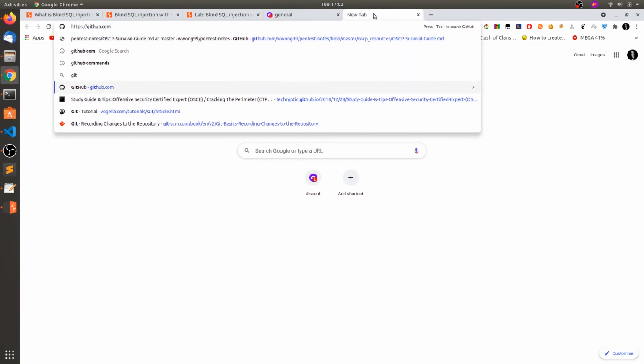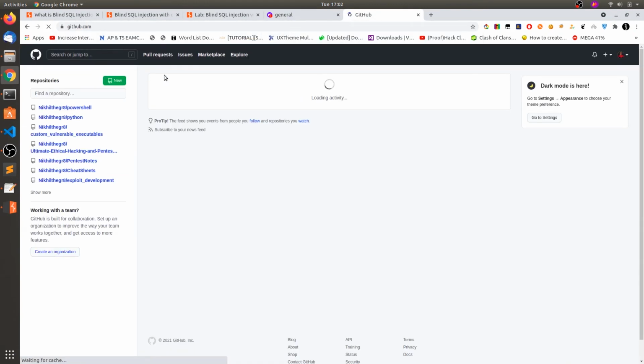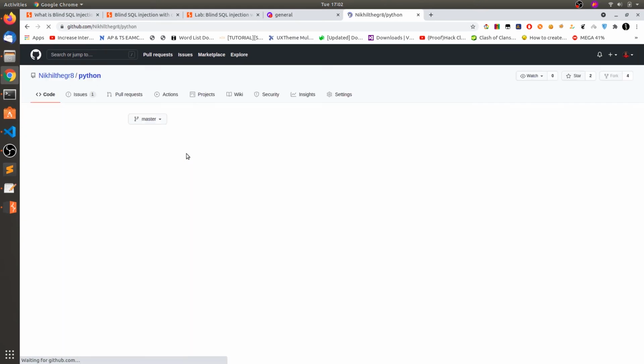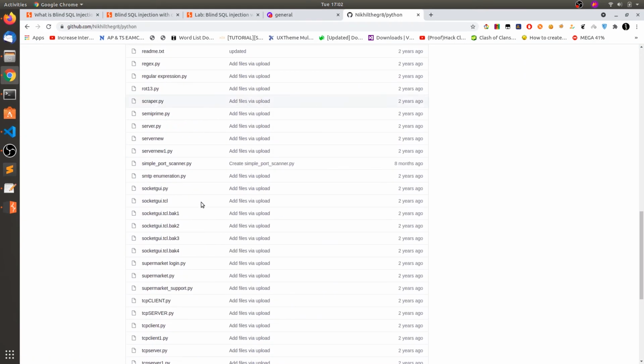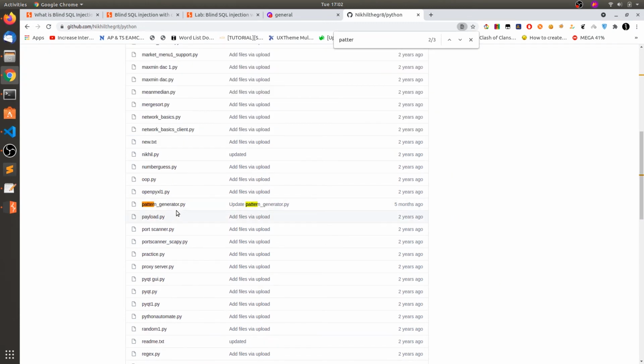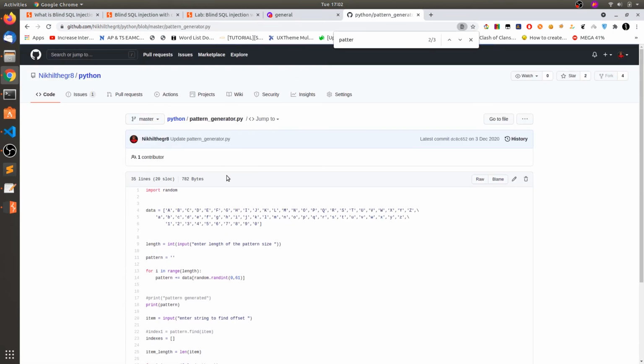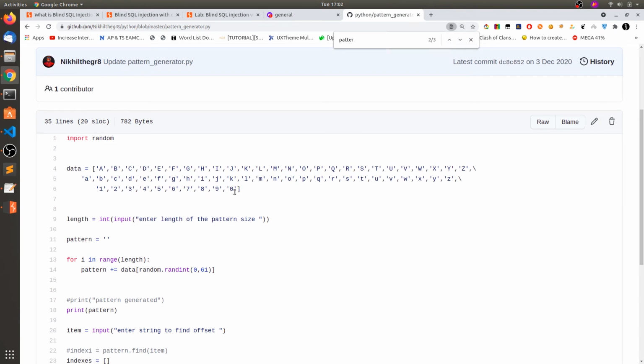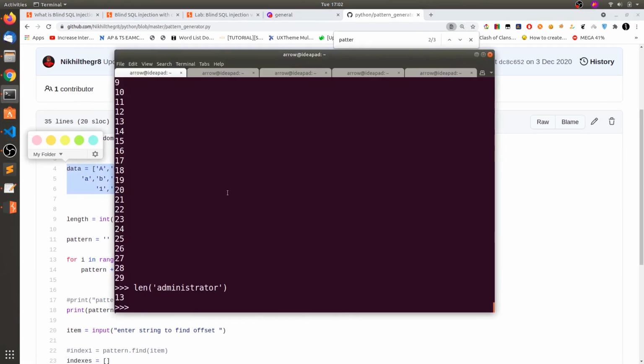So go to github.com. This is my repository. I have created a small list that contains all the small and capital letters and the numbers.